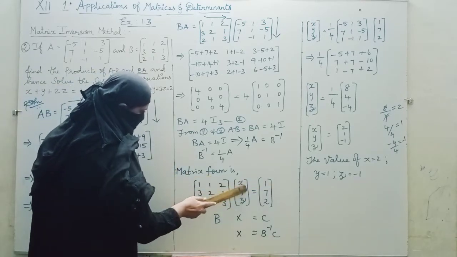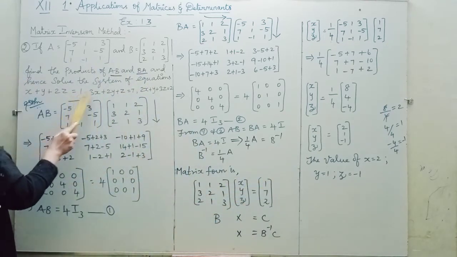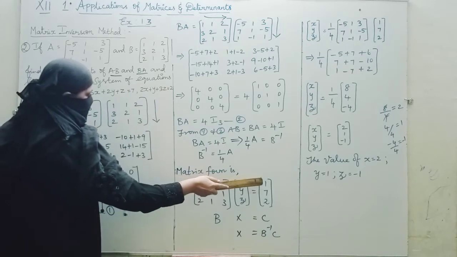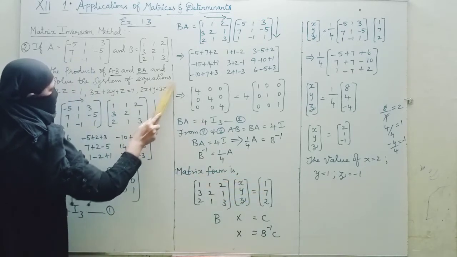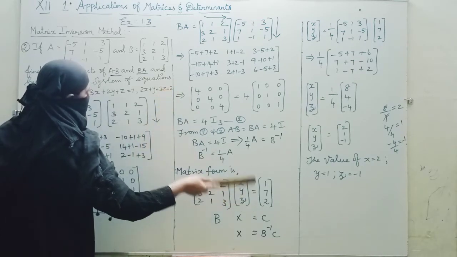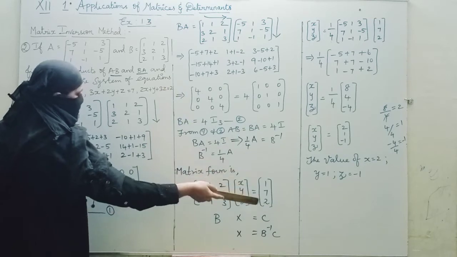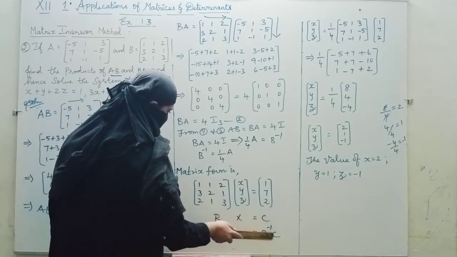This is B, X value, XYZ is the C value, this constant I am taking 172. In case the 2 was given on this side, you can bring it out to this side and then write -2. Here if -2 is given, don't write -2, you can bring it out this side and write it as +2. So BX equal to C, X equal to B inverse C.